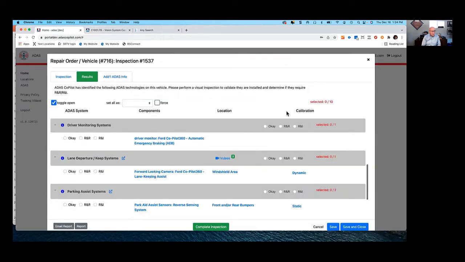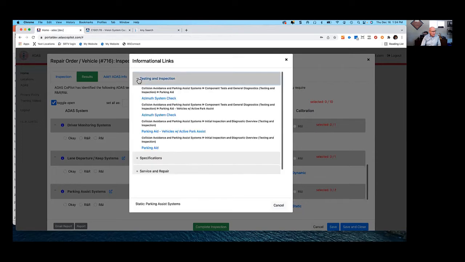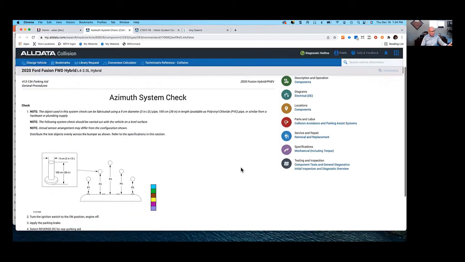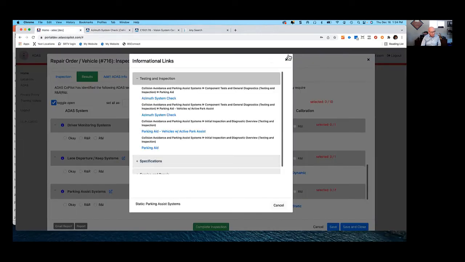So again, if I need to know more about the calibration, I can go to calibration. There's my calibration azimuth test, and there's the information you need to do on that particular component on this particular Ford.